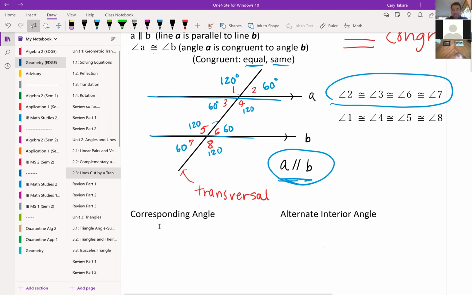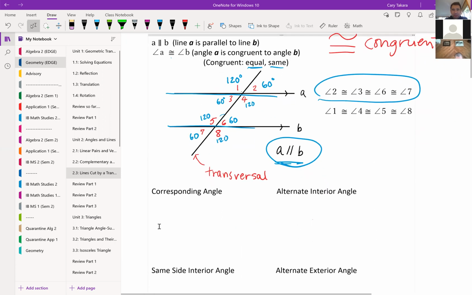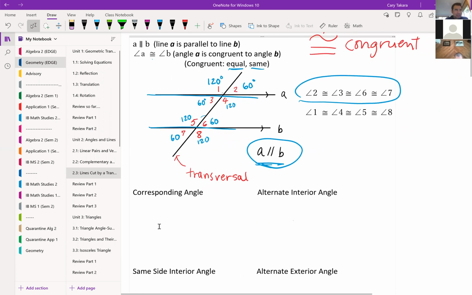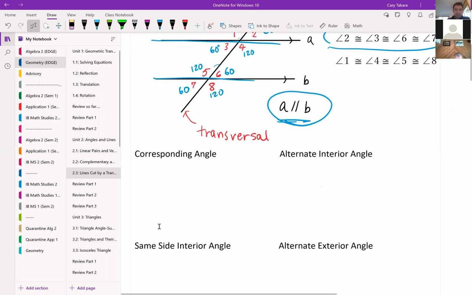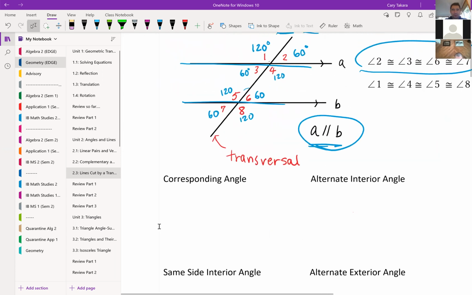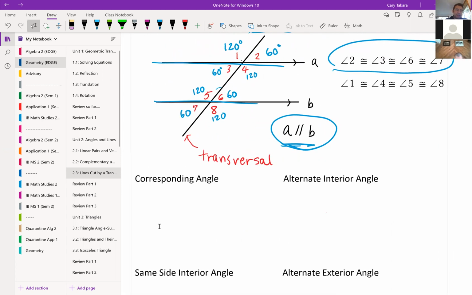All right, let's get going. Now, there are four things that I want you to remember, okay? And they are over here: corresponding angles, alternate interior angles, same side interior angles, alternate exterior angles. It sounds really fancy, but this is what it is, okay? Now, corresponding angles are,